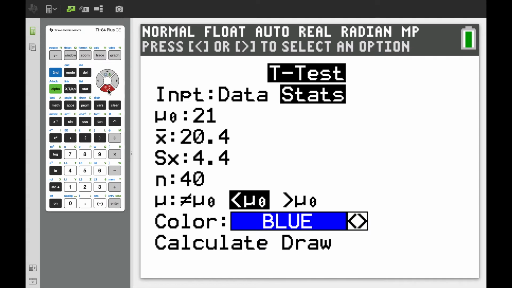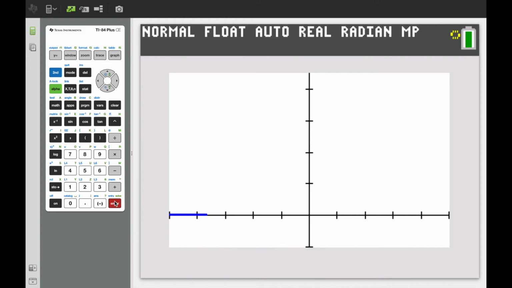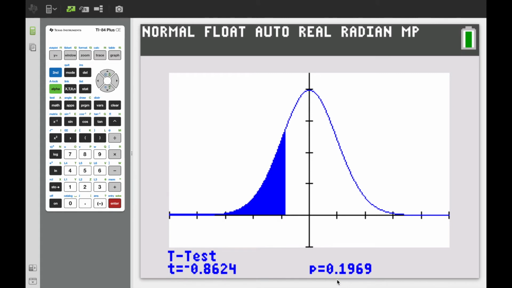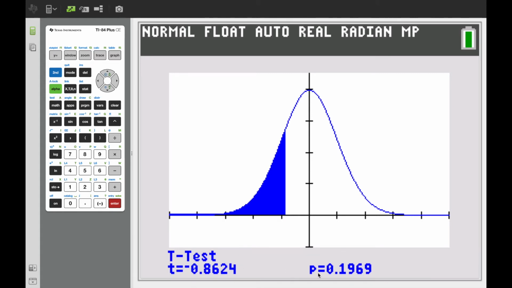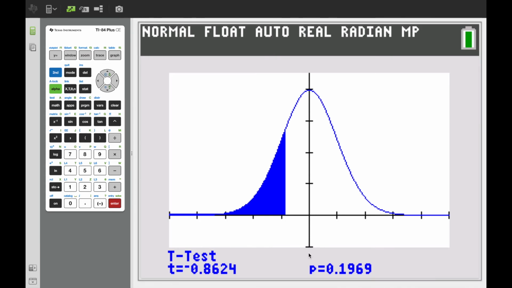And so finally, I'm going to ask students to use the draw feature. And the reason that I ask you to use this feature is because it'll show you the type of test that you're conducting, which in our case is a less than test. And it's going to give you the t-score as well as your p-value without confusing you with other options. So you need to report both of these values, and then you're going to compare your p-value to your alpha. In our problem, we were comparing to 0.05. This number is greater than 0.05, so we would fail to reject